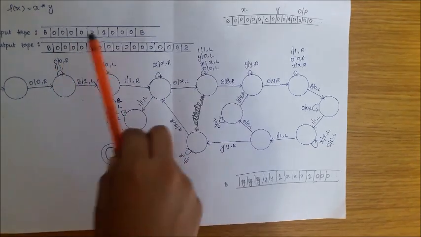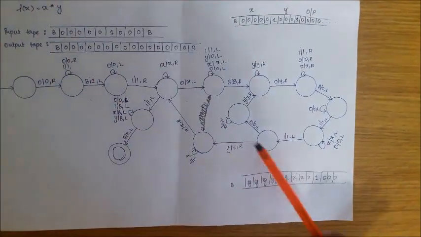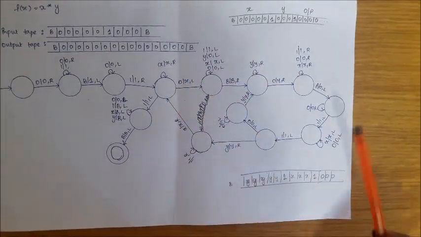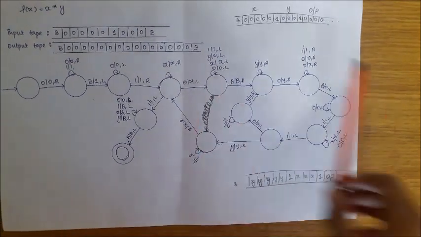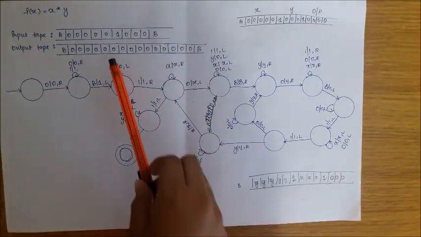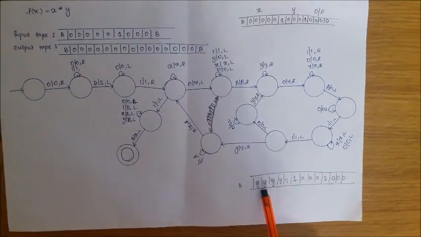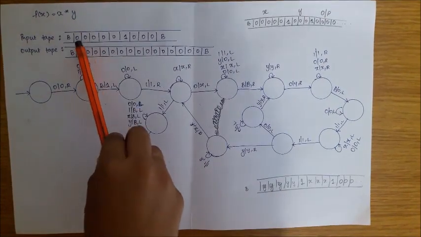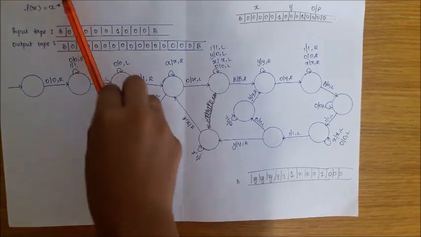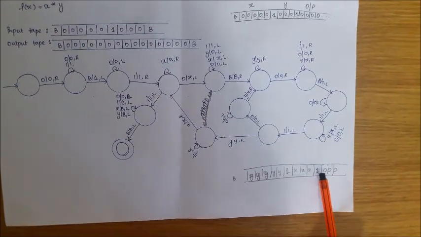So hence, as per this result, the answer is 5 into 3, which is 15. This will take place for 5 times, and this takes place for 3 times. On the whole, 15 times the loop runs. Once all the zeros and ones are evaluated, the output looks like this. The value of x, that is 5, is replaced with 5 y's, and the value of y, which is 3, is replaced with 3 x's, and the output string is after this 1.